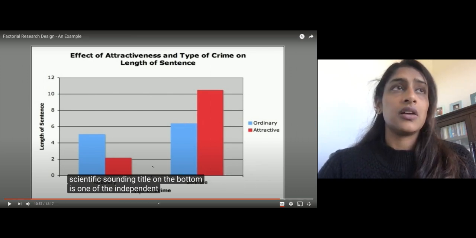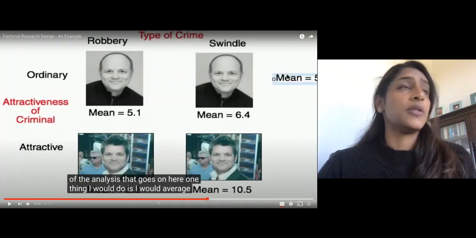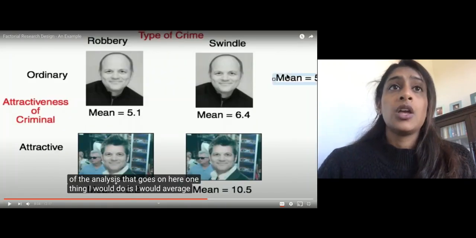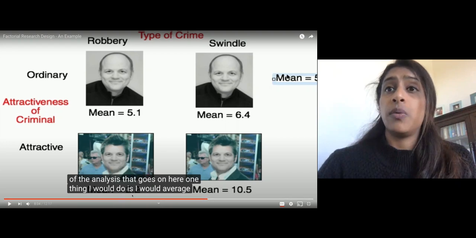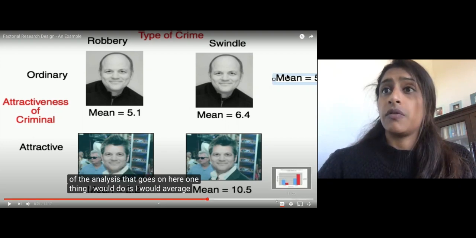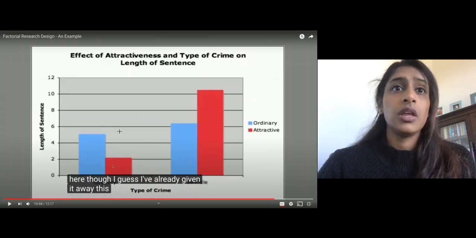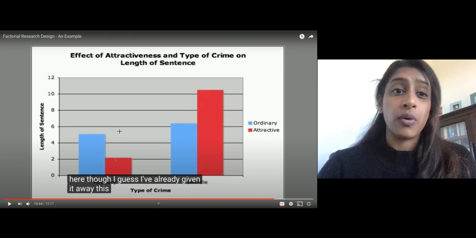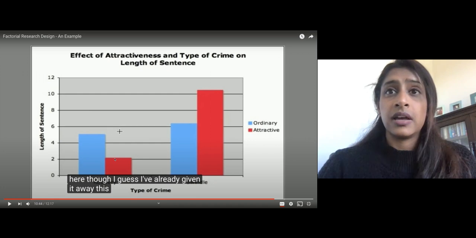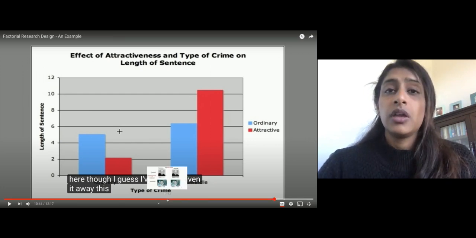Now let's take a look at our attractive person. Let's see what that would look like. Our attractive person that commits a robbery gets about a 2.2. We go over here. We say, all right, I'm an attractive person, I commit a robbery, I get about 2.2 years in prison, or months in prison. We go back